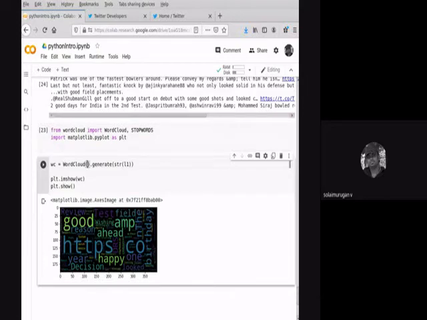Stop words mean words that are not really useful, right? Words like or, and, the, what, when, how, so, at, on. These are the unnecessary words which will be repeated a number of times in the tweets. We don't want those words, we want only the meaningful words. So you can also remove the stop words. In English they call them stop words.